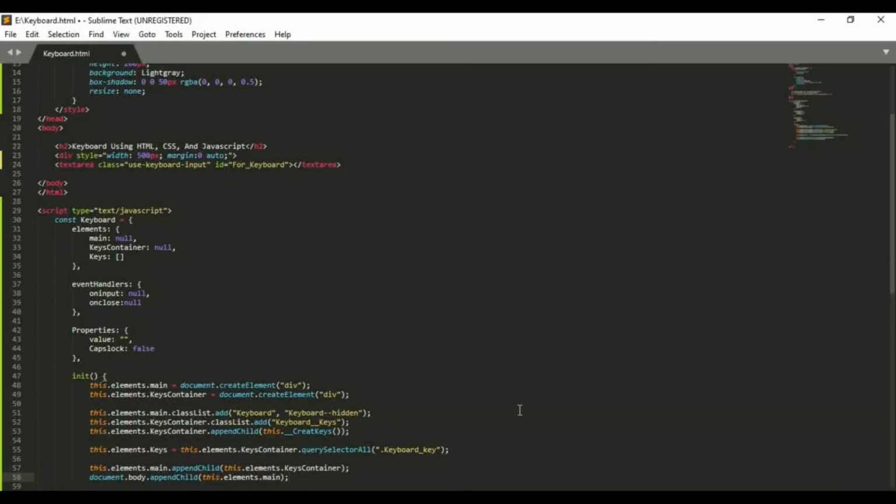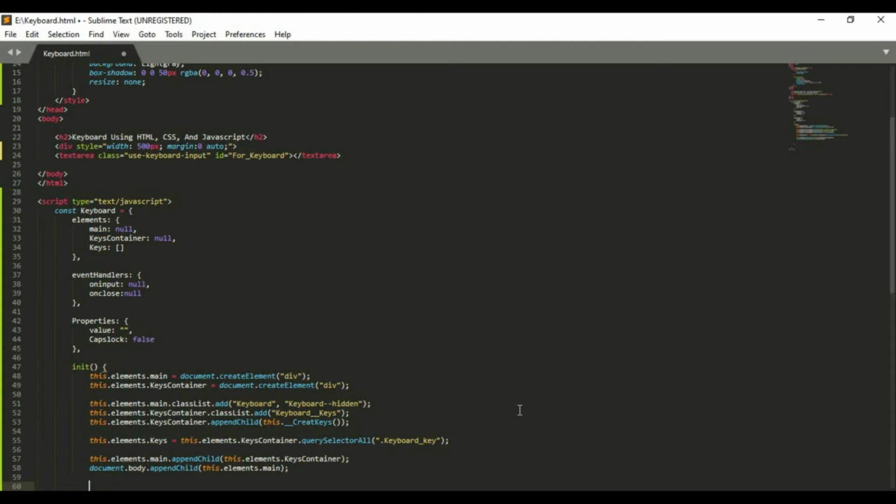Now guys, it's time to check that this text area is focused or not. Okay, actually I'm not checking this. I'm gonna simply create a function that will work as soon as this text area is focused. Okay, for this